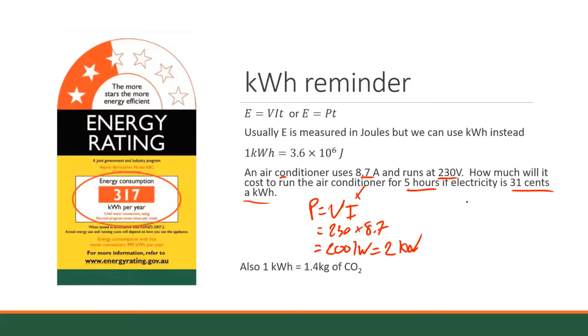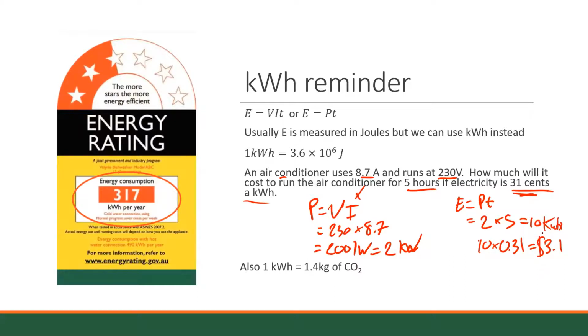That means E equals Pt equals 2 kilowatts times 5 hours equals 10 kilowatt hours. That's 31 cents per kilowatt hour. So therefore 10 times 0.31 equals